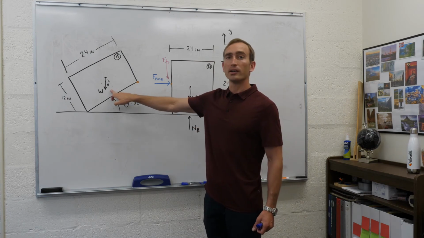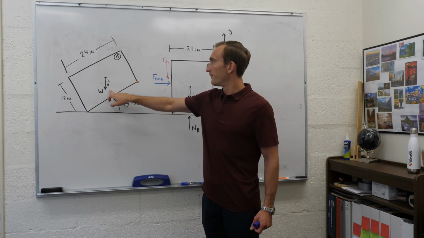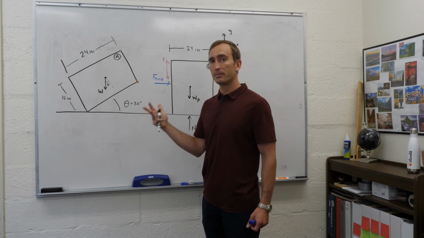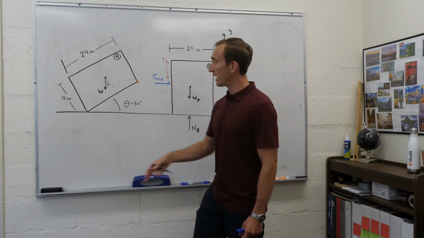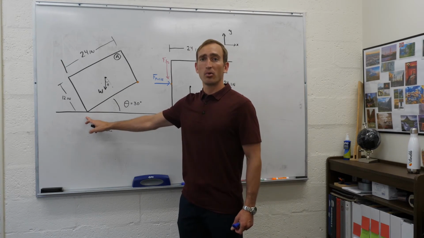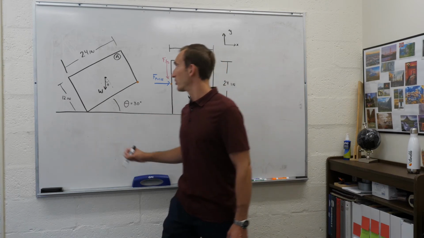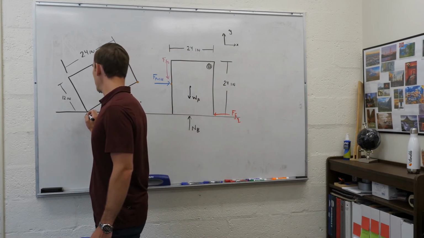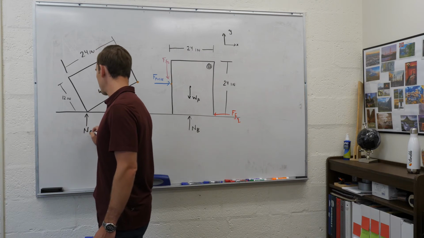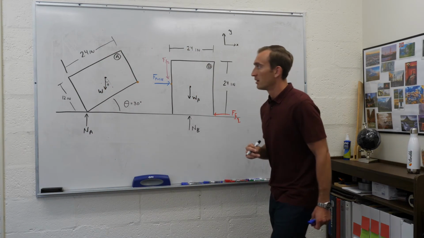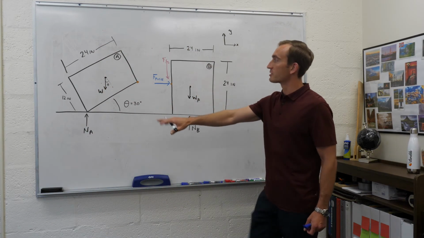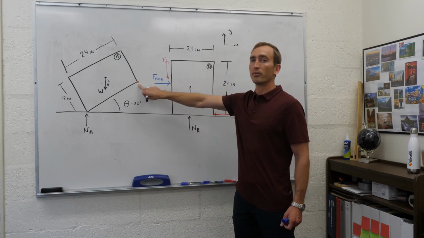Now that we've got the weight here, we know we need something to cancel it. We need a normal force to fight back. Where would that normal force be located? Well, it's got to be located at the point where the box is touching the ground. So we're going to have the normal force A pushing back here on this box. That's everything that we have acting on the box, but now let's consider this orange point right here, the point